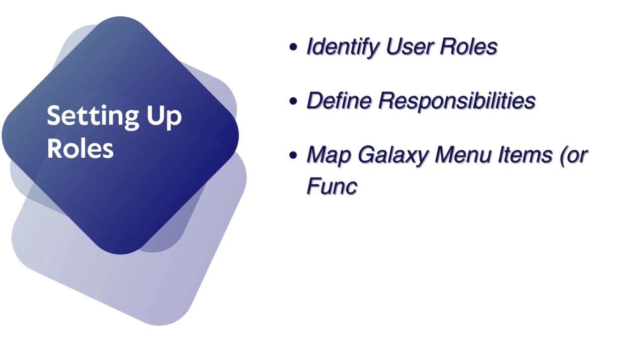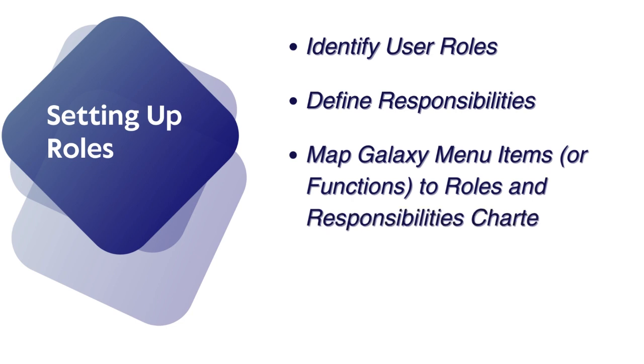Map Galaxy menu items or functions to the roles and responsibilities charted. Prepare a list of menu items and series with workflow based on the identified user roles and responsibilities. It's better to define functions at a minute level as much as possible. The same menu function with different access could be part of more than one user role. Example: a buyer of raw material will not have permission to add an indent but view only. MRP based generation: add and approve purchase order for raw material, see pending purchase order report, etc.